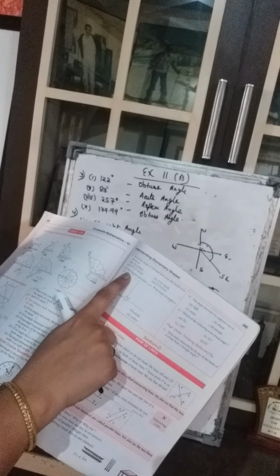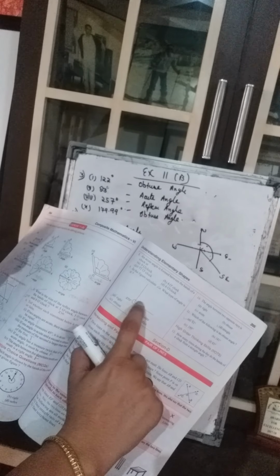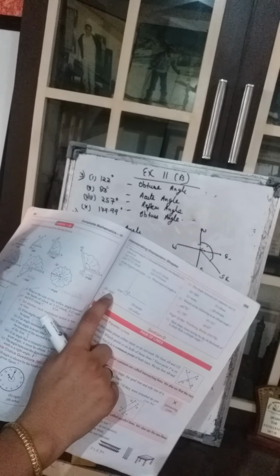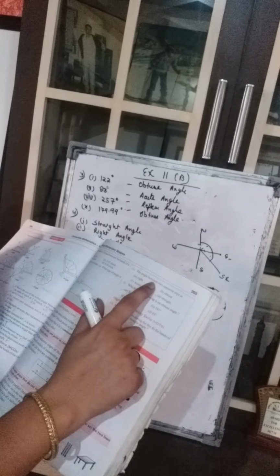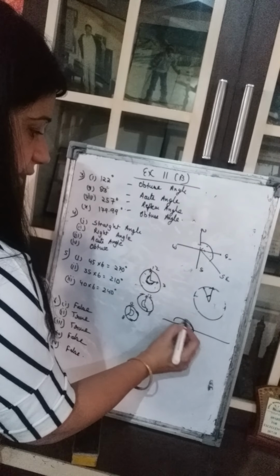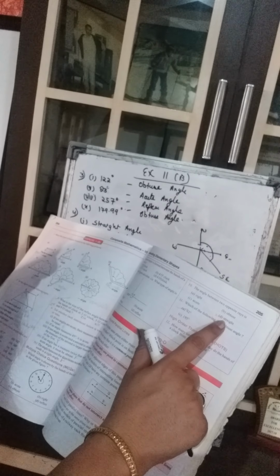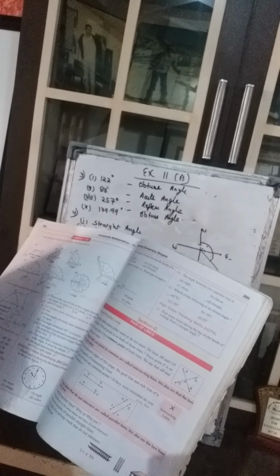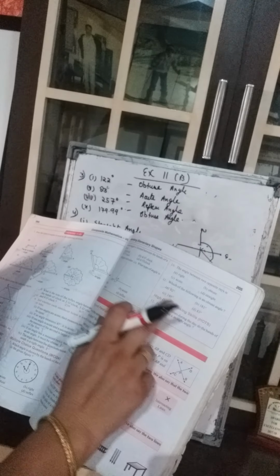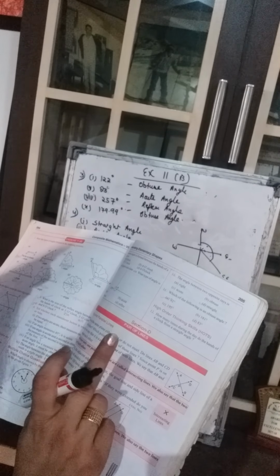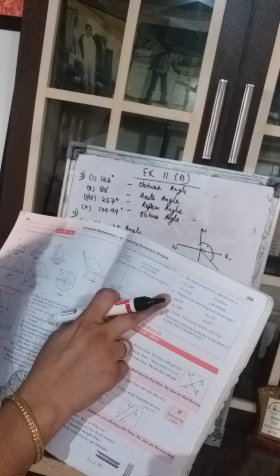Ninth question. In the figure, calculate the angle A. What type of angle is it? Now, the inner angle, you can say that the inner one is 90 degrees. So it is a right angle. Okay. 10th. The angle between the two opposite rays. Two opposite rays, here and here. Which angle is this? This is always a straight angle. 11th question. Which of the following is obtuse? Obtuse, you know, is more than 90 degrees but less than 180 degrees. You have to remember that. So 92 degrees is the obtuse angle here.